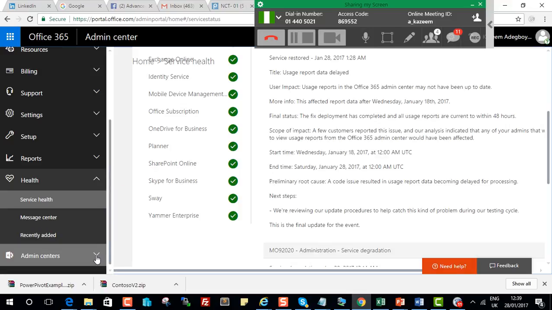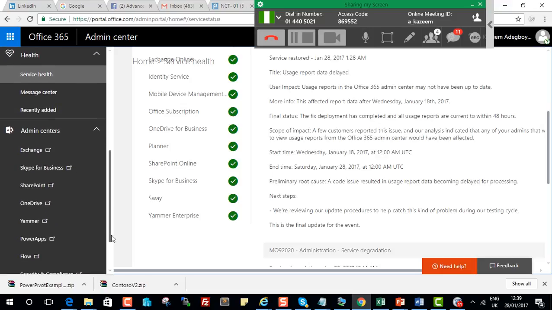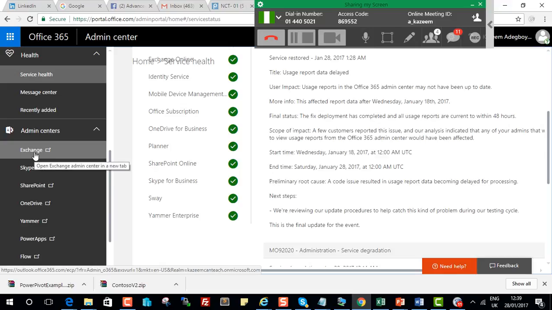Good. And then we have admin centers. If I click on admin centers, here it gives you the ability to now manage all the different service offerings of Office 365. Among the popular services of Office 365, you have Exchange Online. So if I need to manage my Exchange Online, if I click on this link now, it gives us an interface that looks very similar to, in fact, it's about the same interface, your EAC interface,